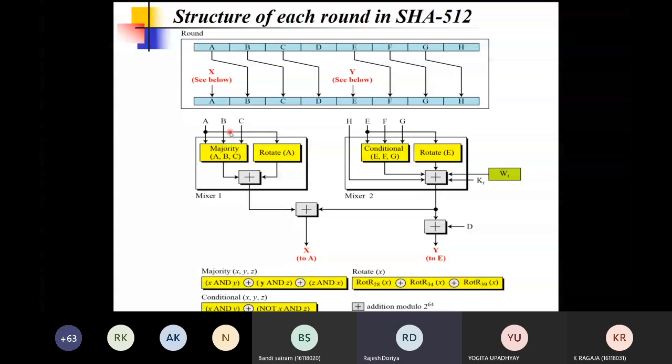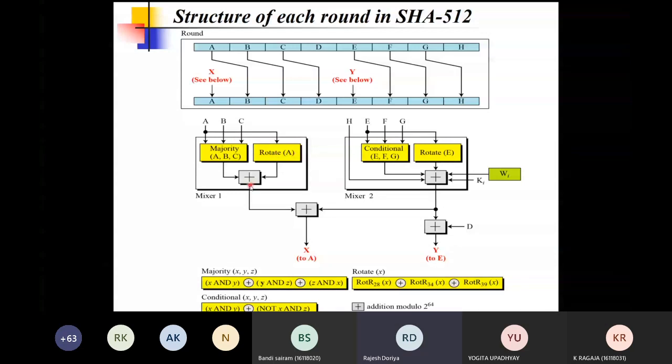We have 2 mixers, mixer 1 and mixer 2. In mixer 1, we have 2 bitwise operations, the majority operation and the rotation operation. In the majority function we have input A, B, C. In the rotate operation we have input A. The results of these 2 functions are XORed together.